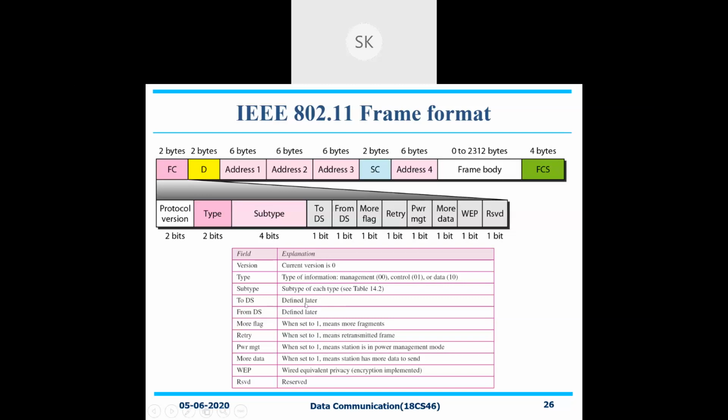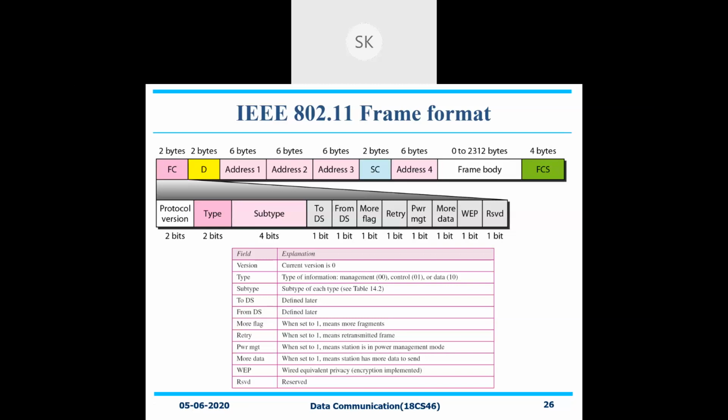Whereas the next one is To DS. What is this To DS all about? A single bit subfield indicating whether the frame is going to the access point, which coordinates the communication in a centralized wireless system.